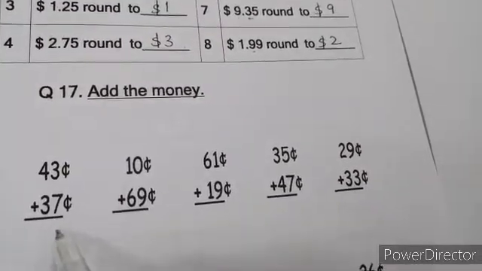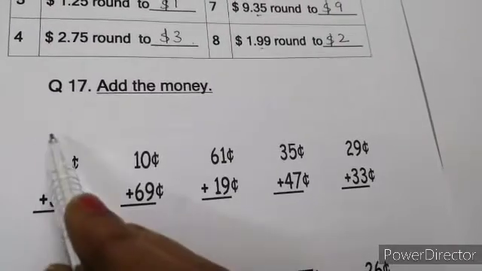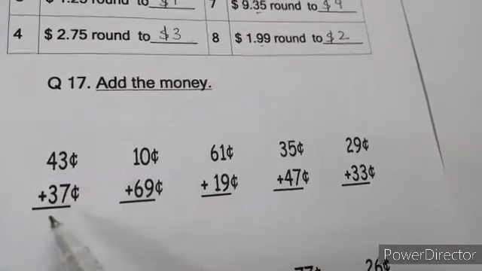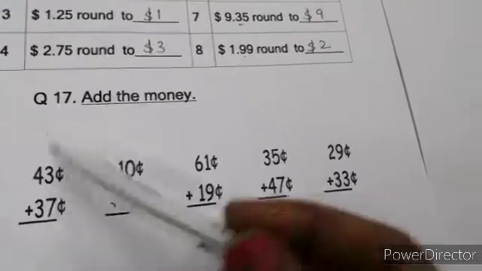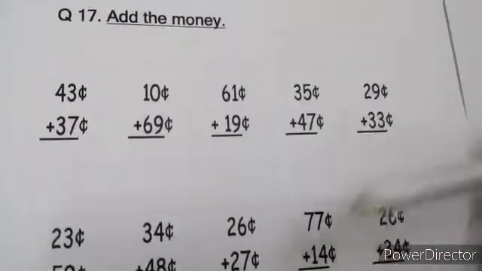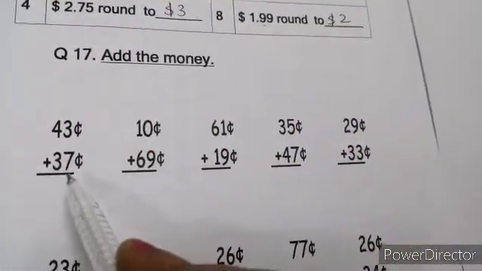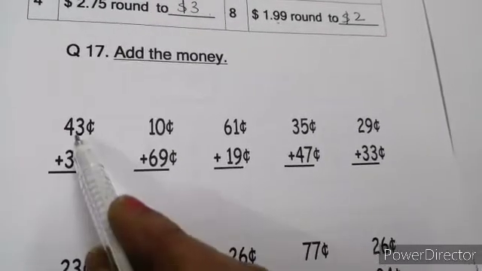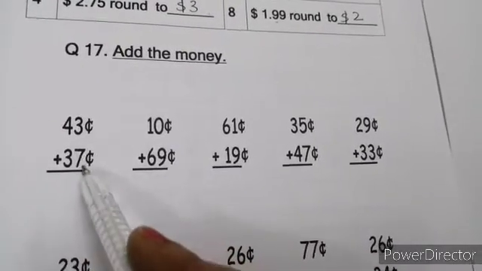So this addition is addition with regrouping. We will add, and when the answer is two-digit, we will carry over and put it on the top and add. We have learnt addition with regrouping. That is what we are going to do while adding the numbers. All of you do along with me. It is very simple. You can do it by yourself. Just check the answers after you have done.